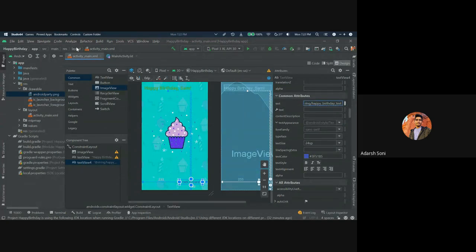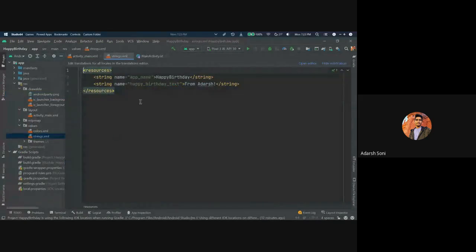Now we will go to app. In app, we will go to the res folder, values, and in values, we will go to strings.xml. You will notice that Android Studio has created a string resource called happy birthday text here. What is this file? This file has a list of strings that the user will see in your app. Note that the name of your app is also a string resource. By putting the strings all in one place, you can more easily translate all the text in your app and more easily use a string in different parts of your app.